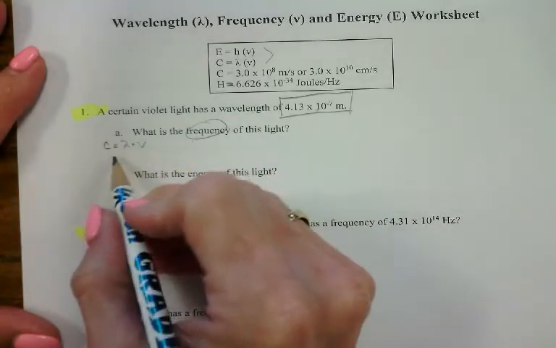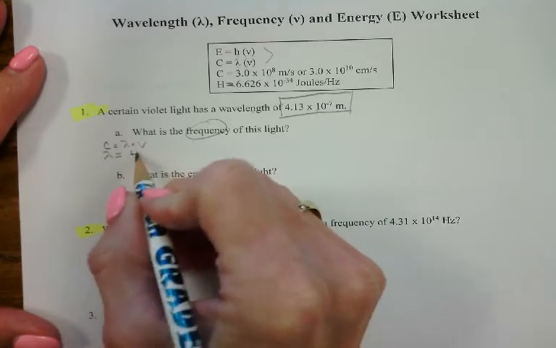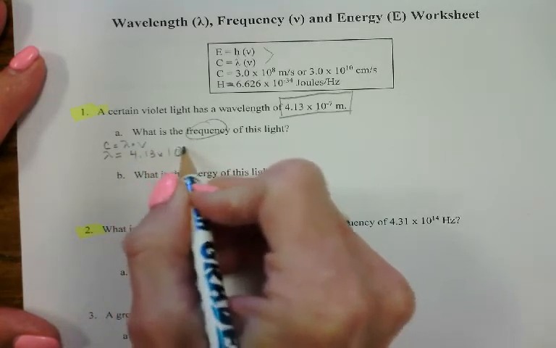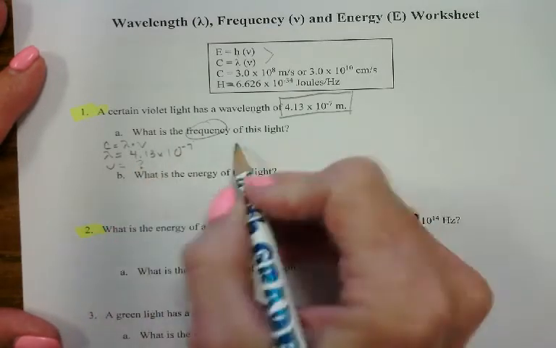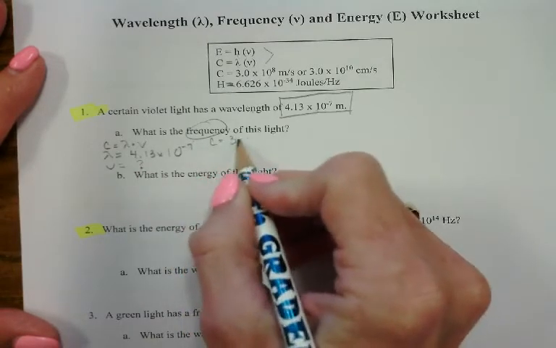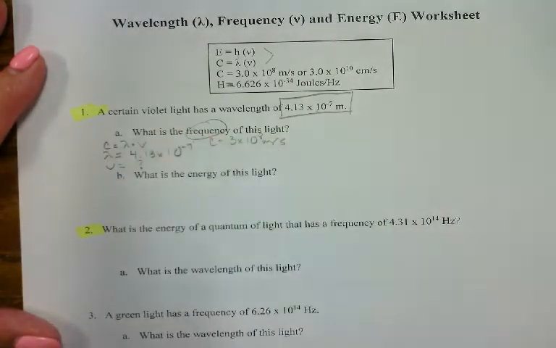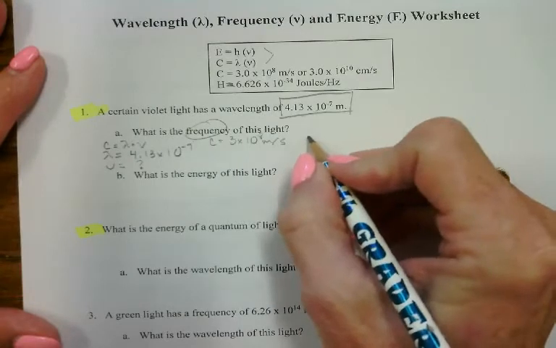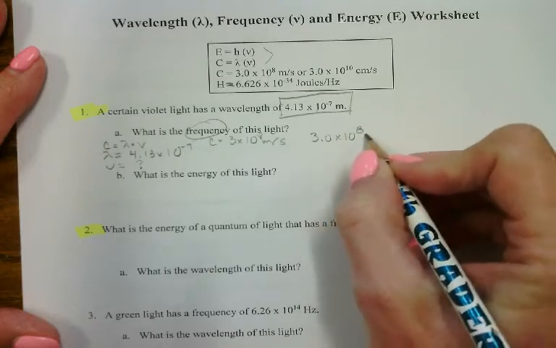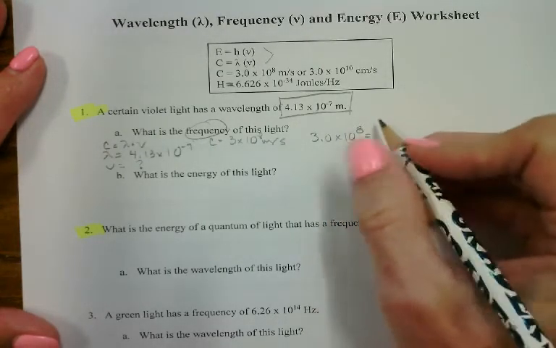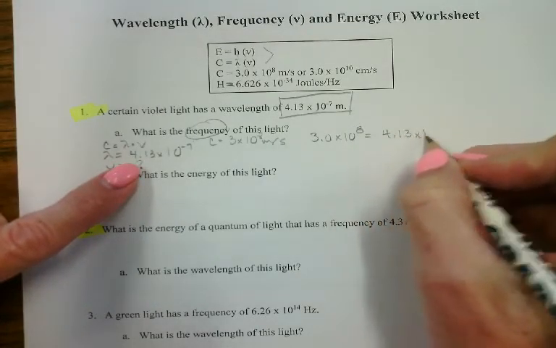Okay, so I have wavelength equals, what was it, 4.13 times 10 to the minus 7th, and frequency is what I'm looking for, and speed of light is 3 times 10 to the 8th meters per second. So I'm going to plug in my numbers in the formula. Speed of light is 3.0 times 10 to the 8th. Set that equal to, we'll do wavelength, 4.13 times 10 to the minus 7th